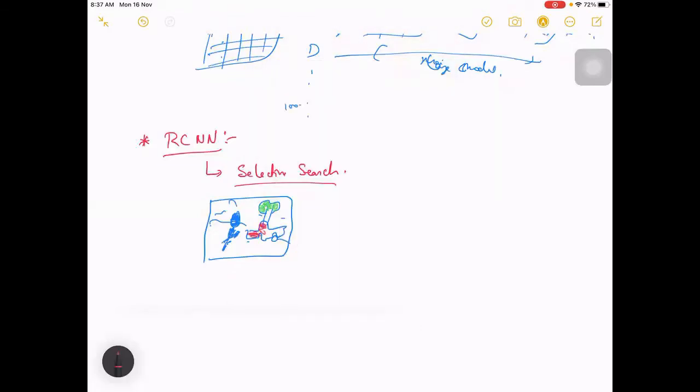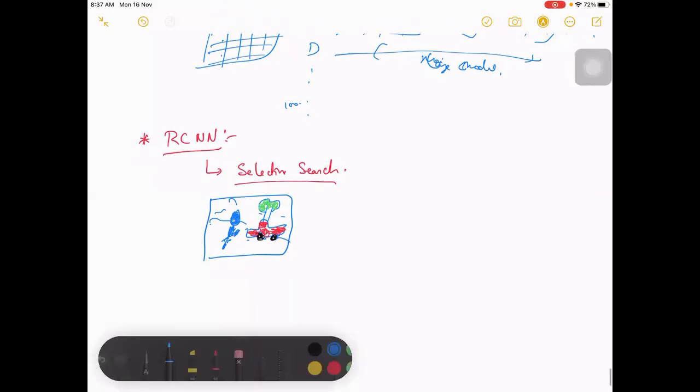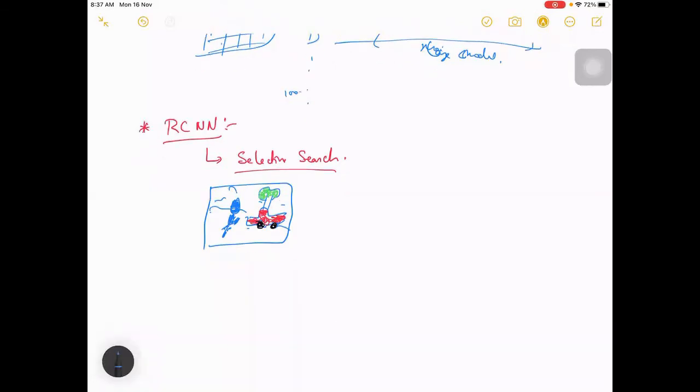maybe a car is like this, and there is black here, something like this. What this selective search will do is some kind of clustering on top of this image and group the pixels which can be similar. This can be based on just pixel values, or color, or many other features; it takes a few features into consideration, depending on which they have clustered similar pixels together.